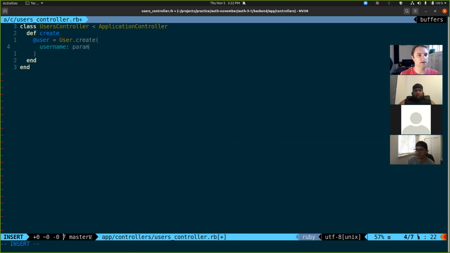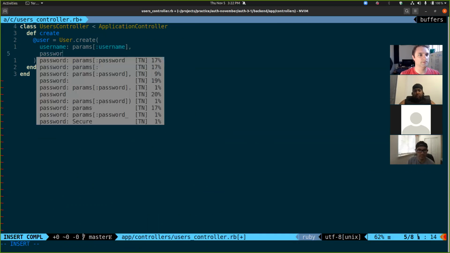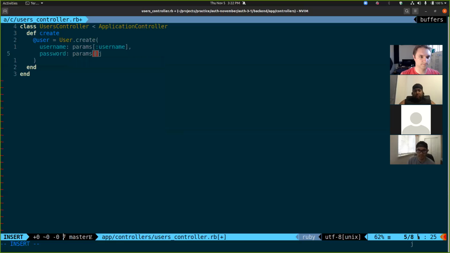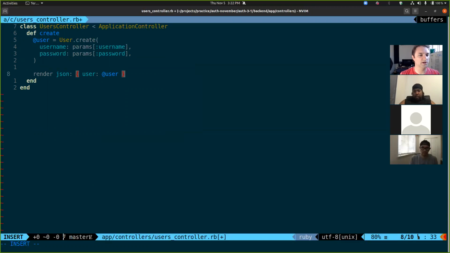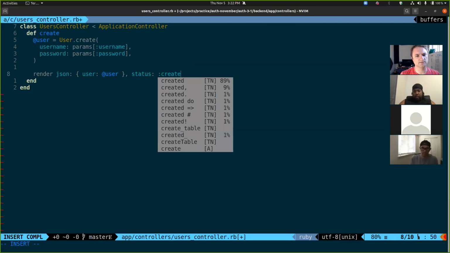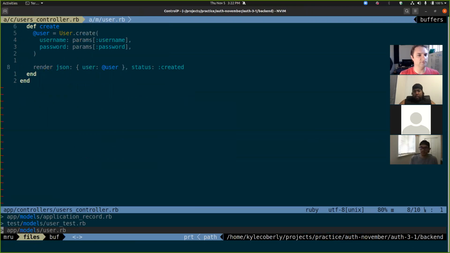Take in a username and a password. And then fire it on back. You can also give it a status, that would make sense, so we get a 201 instead of a 200 back. Cool. So that's done. If I head over to the model,